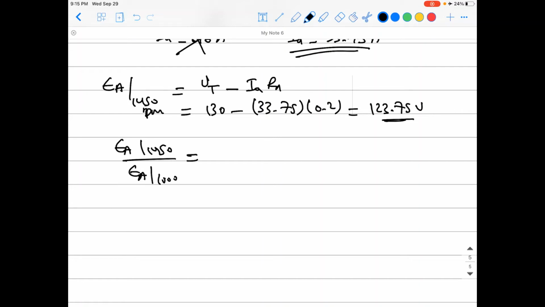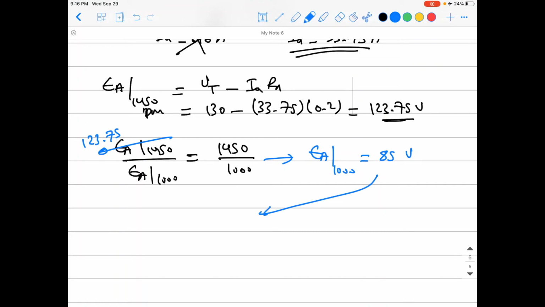is in the table we can access, will equal the speed 1450 divided by the speed, which is 1000. Okay, from now we know this value, which is 123.75. That means you can find EA at 1000 RPMs directly from here, and it will be 85 volts. This is the value you can go to the table with and find the corresponding field current, 0.3 amps. Okay guys,